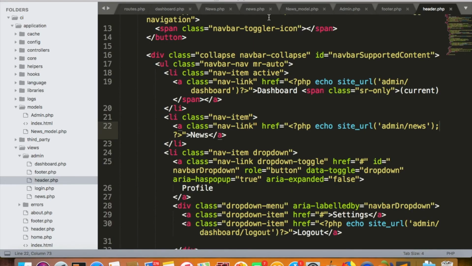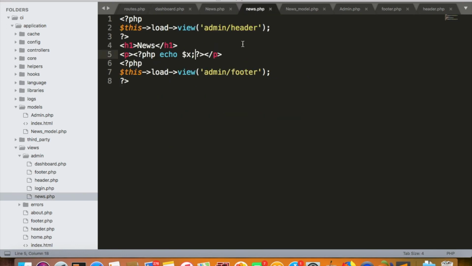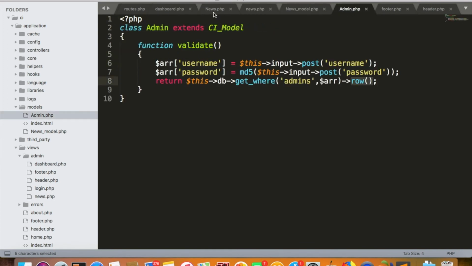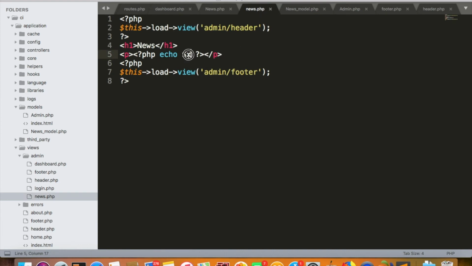Why? Because from the controller we are passing data x equals 5 to the news by passing the entire data through the view file news, and inside my news I am using the index as a variable, and whatever is being passed through an array, that value is assigned to its index as a variable for the view file. So you can see in the index x we have 5, and while you pass the data to the view file, we can use x instead of the entire data. Similarly, while passing the entire news to the view file, we can just have an index called news and pass the data to the view file, and now we can use this variable news inside our view file. So let's just try to var dump the news,